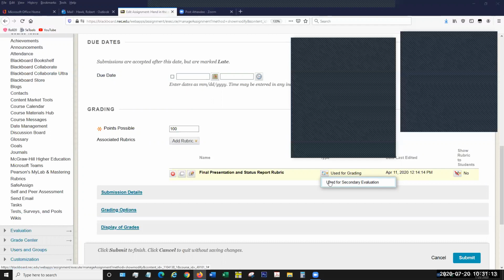It will allow you to change the points possible to whatever you want, and it will not use the rubric's scoring system. Okay, occasionally that might be an option you need, but for the most part, you're going to use the used for grading